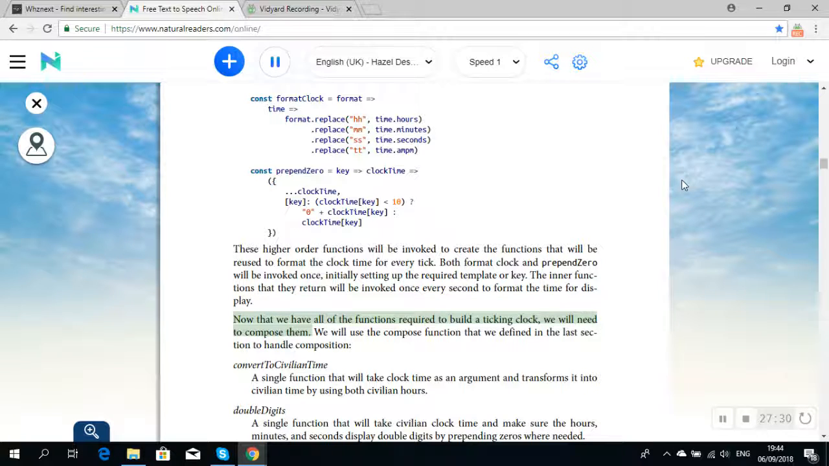Now that we have all of the functions required to build a ticking clock, we will need to compose them. We will use the compose function that we defined in the last section to handle composition. convertToCivilianTime is a single function that will take clock time as an argument and transform it into civilian time by using both civilian hours and append AM/PM. doubleDigits is a single function that will take civilian clock time and make sure the hours, minutes, and seconds display double digits